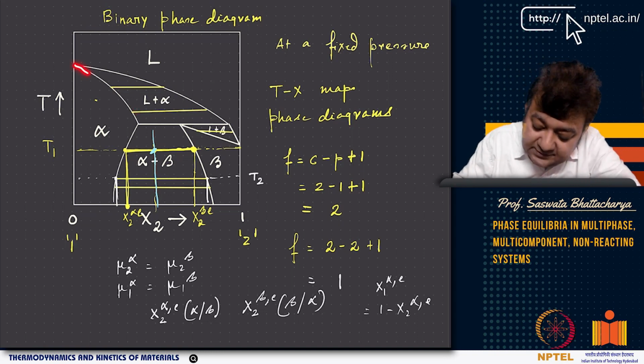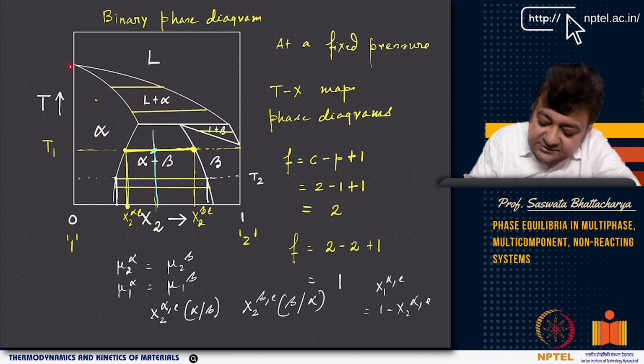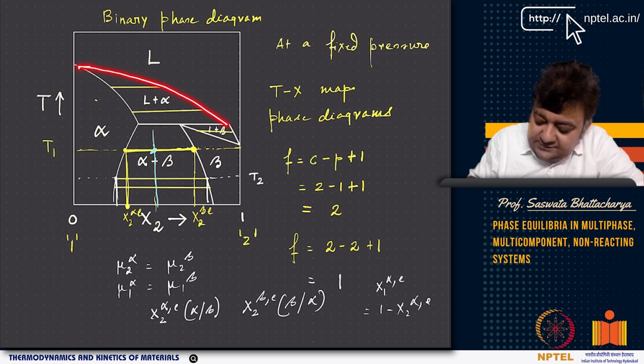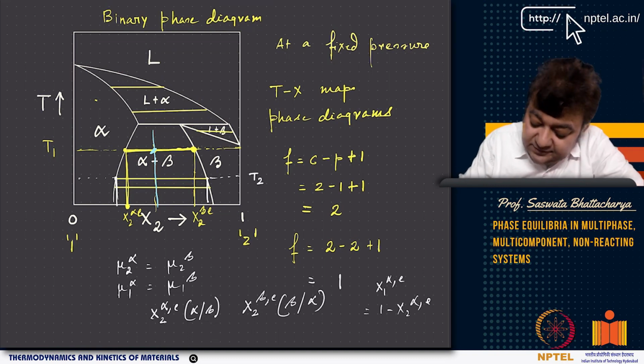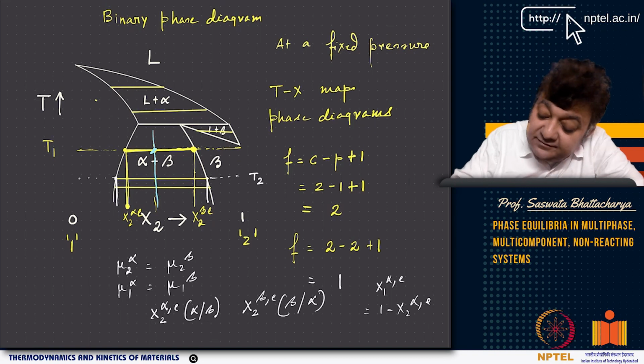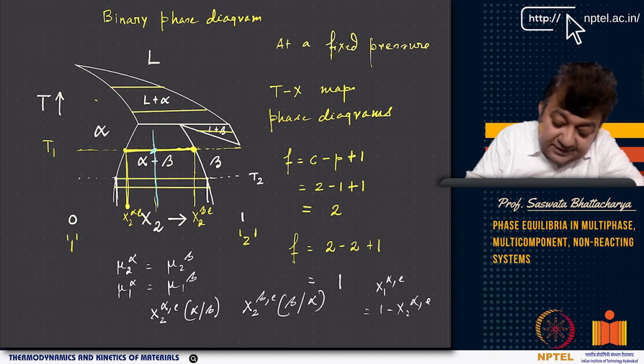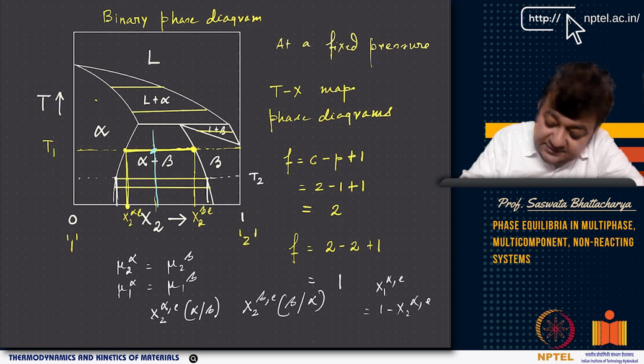So basically, this curve is called solidus. The solidus separates the single solid phase alpha from the liquid plus alpha coexistence. So this is called solidus, and this guy is called liquidus, right? You can see this is a very interesting diagram. So you have one particular temperature. I'm just giving you some characteristics. I will go through each of these details, but you will see that there is one very special temperature.